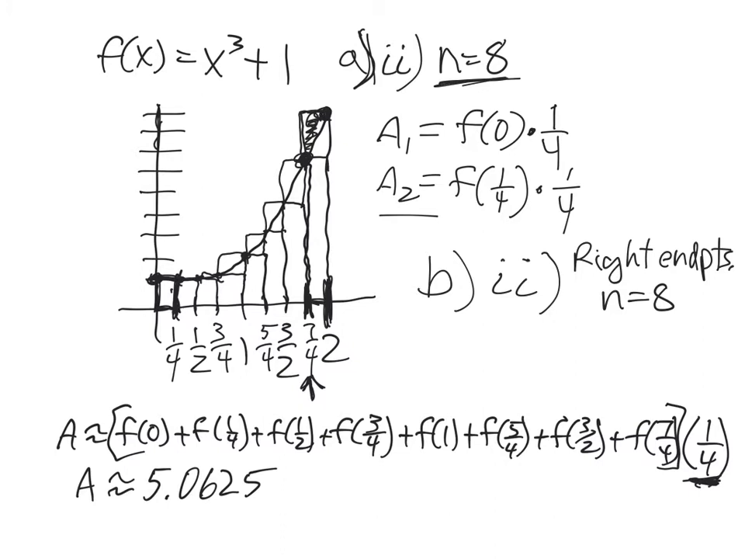Now, as we look at part B, number 2 here, we really don't need to go back and do every single calculation. What we do need to look at is our last rectangle. We're going to be using the height at 2. Our second to the last rectangle, well, guess what? We're going to be using 7/4 to calculate that one. And the one previous to that,